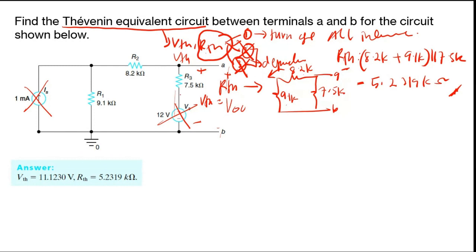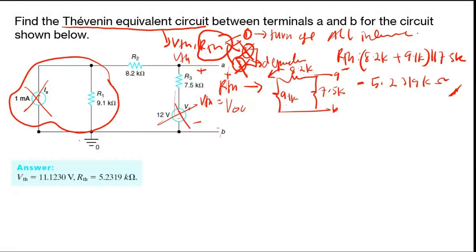In order to calculate VTH, you might use node voltage, source transformation, or mesh, whatever method is easy for you to do the calculation. But here, I use the source transformation method and then I use KVL, where you can transform